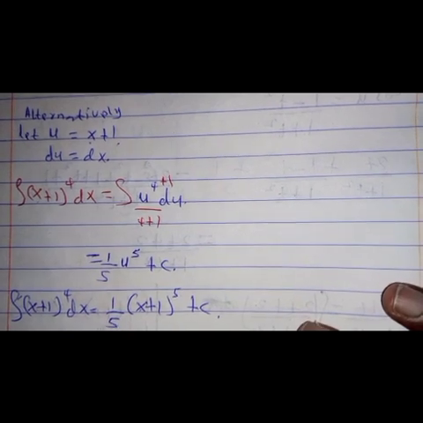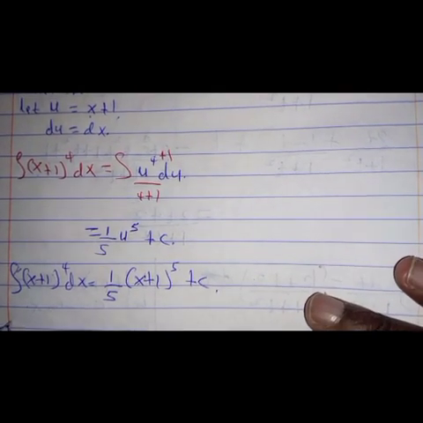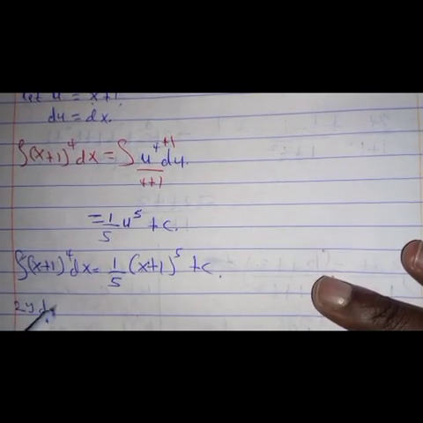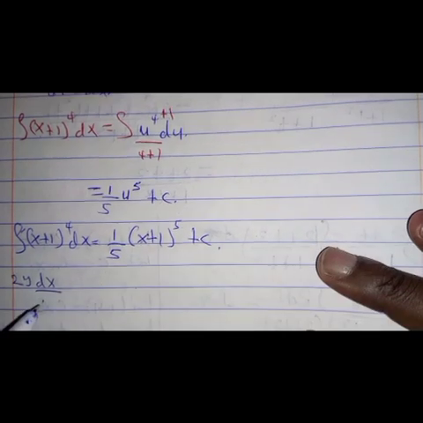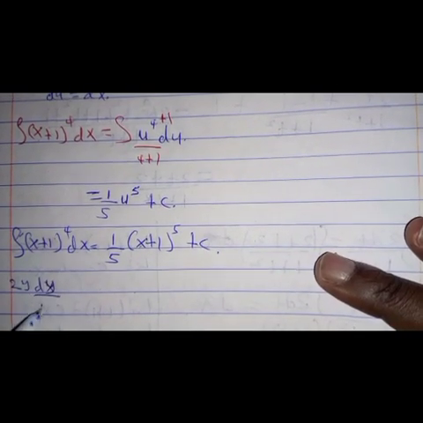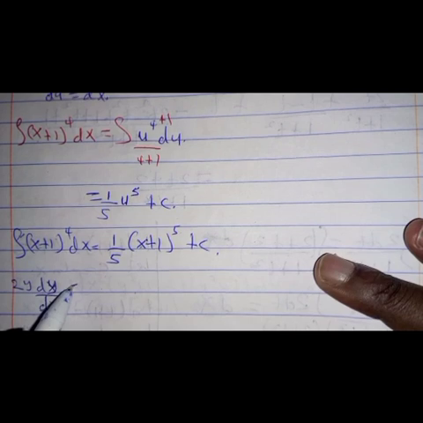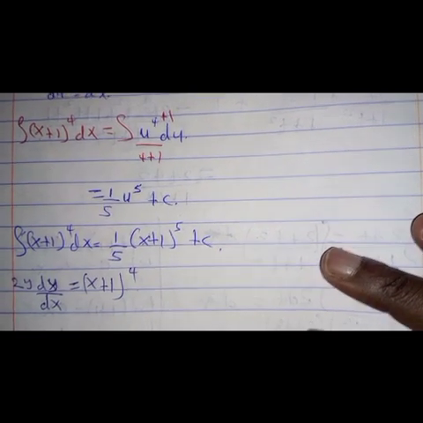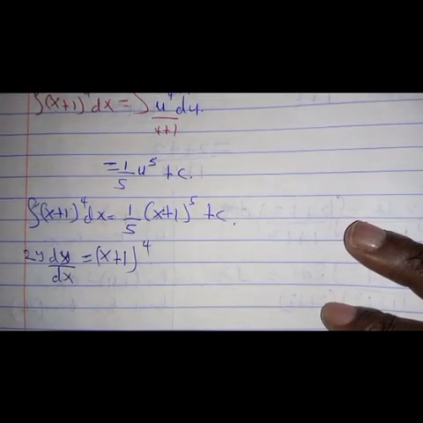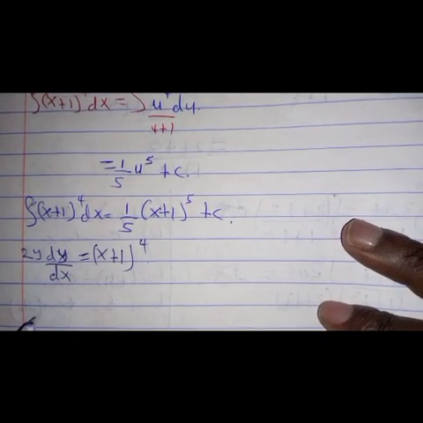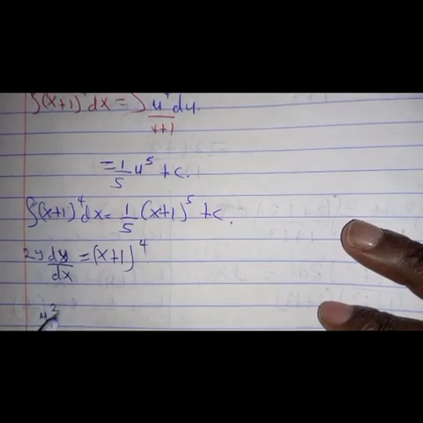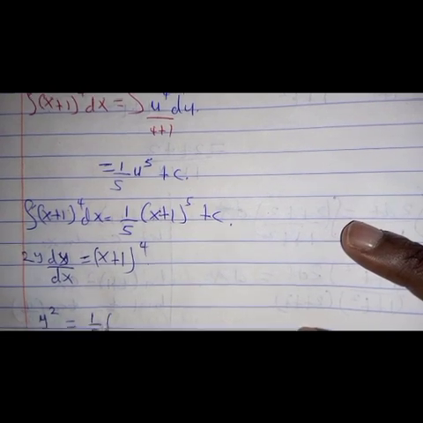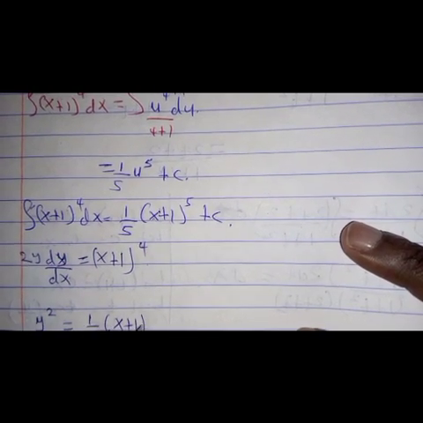Hence, the solution for our equation which we are solving, which is dy over dx is equal to (x + 1)^4. So we have found our result, our solution. We have found it as y squared is equal to 1 over 5 into bracket (x + 1)^5